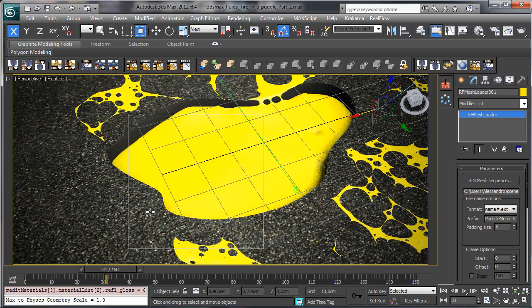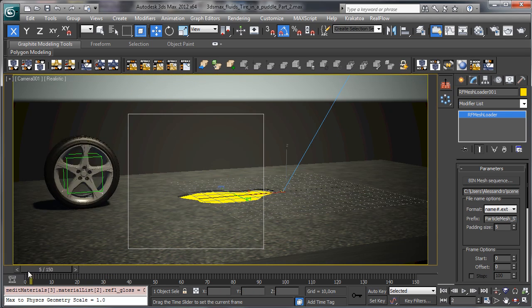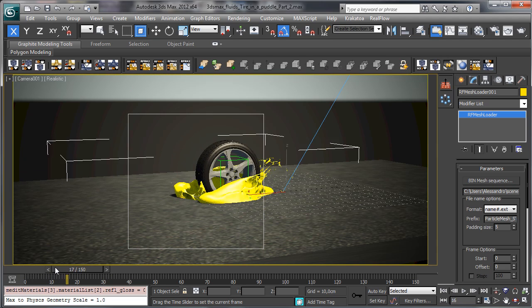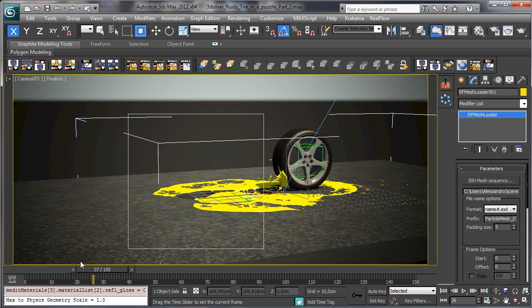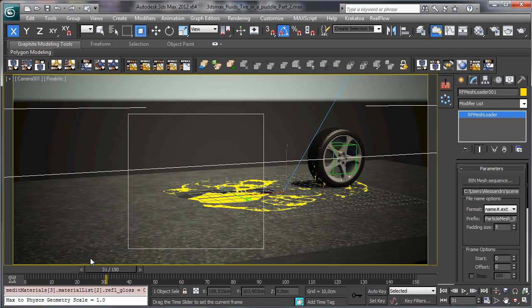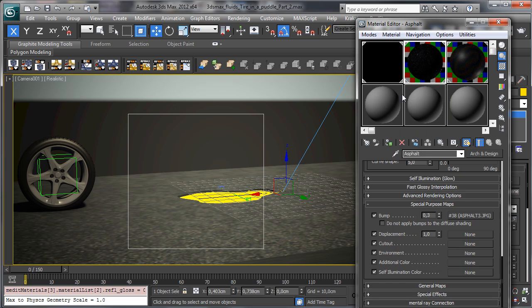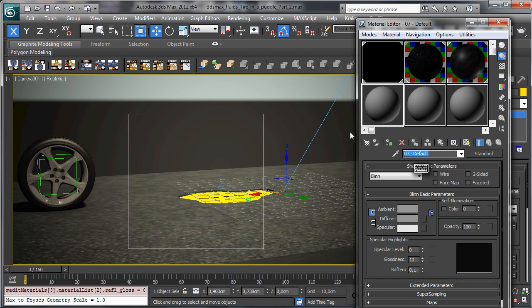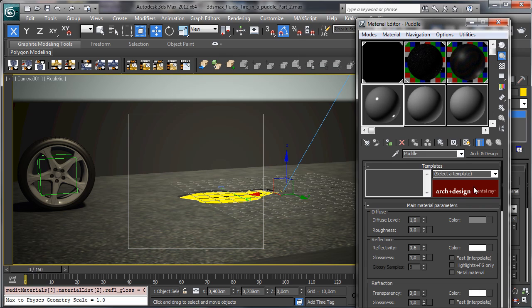Okay, it seems good. Let's go back in the camera, and you see that's our simulation, and it seems not bad. We can use a really simple shader there, and let's call it puddle, and let's choose an Arch&Design,